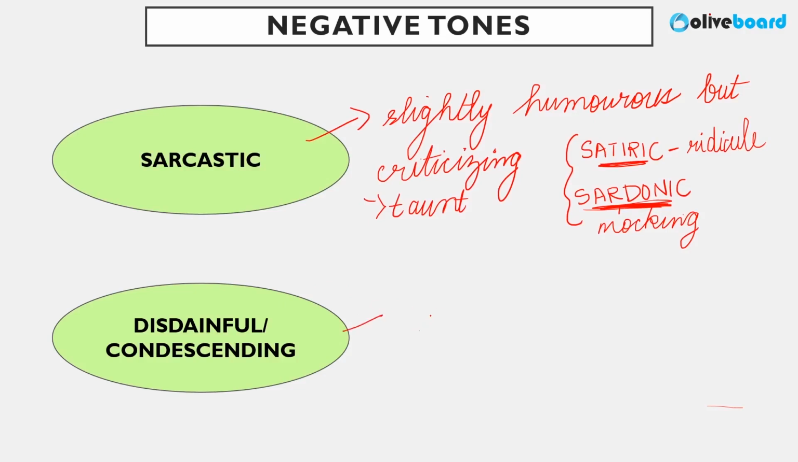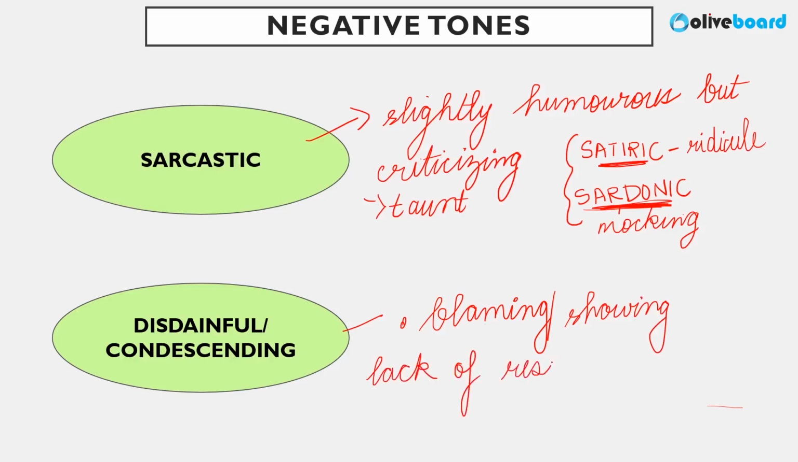This is of course blaming. So when the writer, a lot of passages are like that, okay. Even when you read your editorials, you will find disdainful tone, which is blaming or showing lack of respect towards a particular issue or the subject. So blaming, or you can say showing lack of respect towards the subject, okay. This will be your disdainful tone,